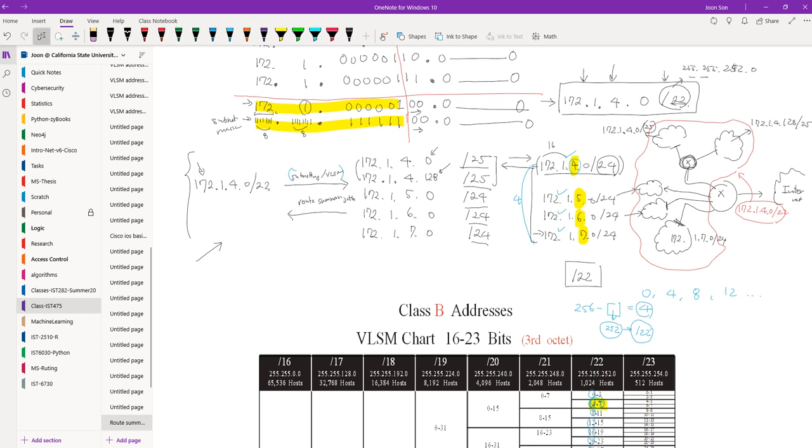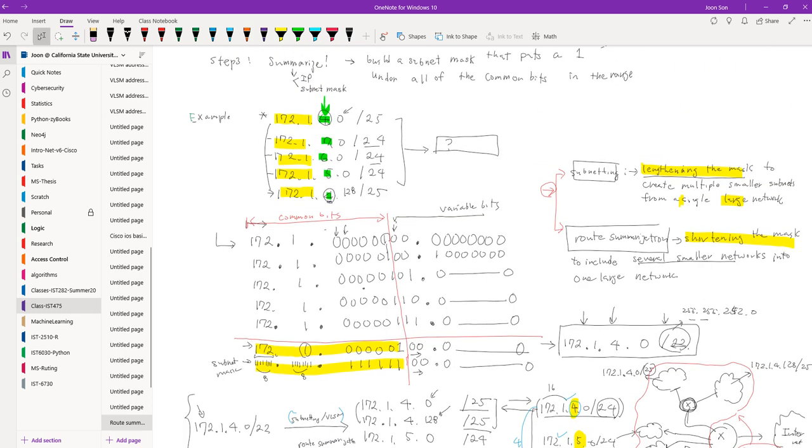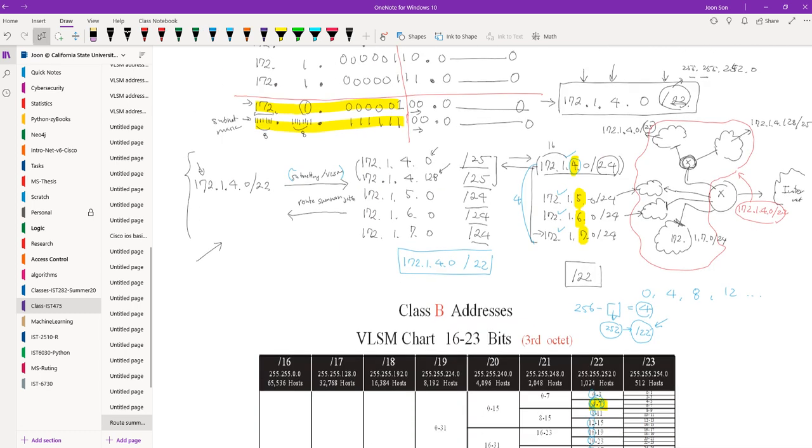And then, to find the summary route, you only look at the first IP address in the block, and this is going to be the subnet mask. So the answer is 172.1.4.0/22. Okay, so that's the answer. And if you use the intuition, you don't have to go through this process, right? This is kind of a lengthy process and it takes your time. However, I think especially for your homework assignment, I use this method, and then after you use this method, think about the second and third methods to verify your answer. And also, I think it will help you to have an intuition, okay?